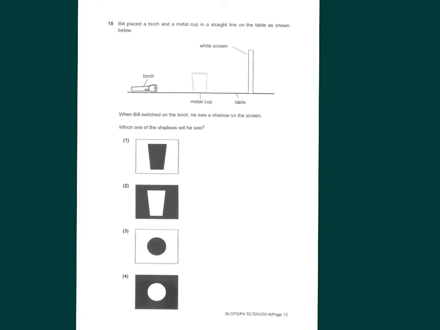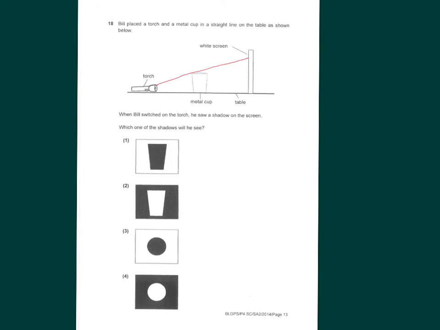Okay, question 18. Now Bill placed a torch and a metal cup in a straight line on the table as shown below. So this question is apparently about light and shadow. So when Bill switched on the torch, he saw a shadow on the screen. Which one of the shadows will he see? I think this is something very simple. Now to make it a little bit more obvious to you, the possible light ray that you form is that light will travel in a straight line and it will cast a shadow